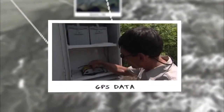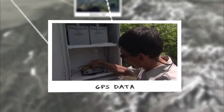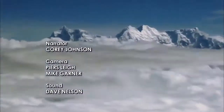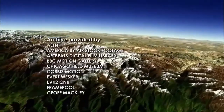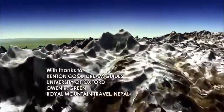GPS data reveals that the Himalayas are the most active mountain range on the planet, and Everest is still growing. Everest today stands as the highest place on planet Earth. But in millions of years to come, there will perhaps